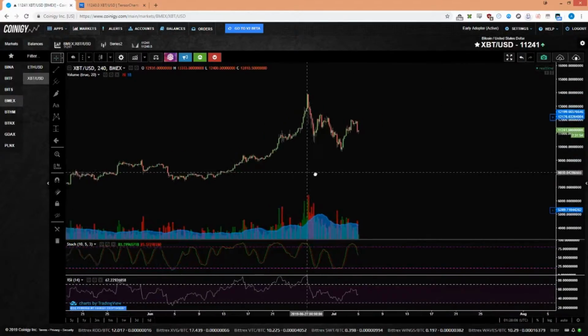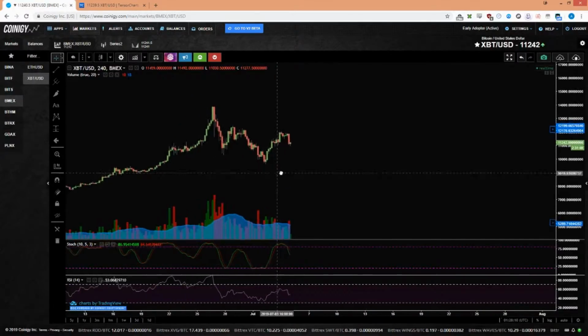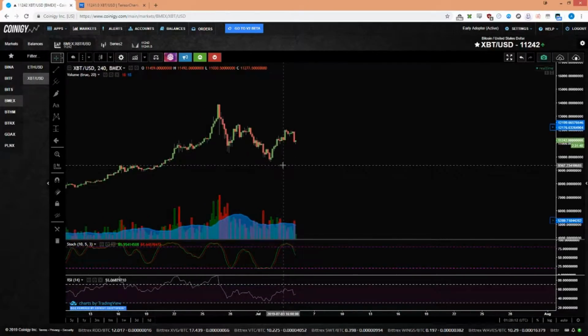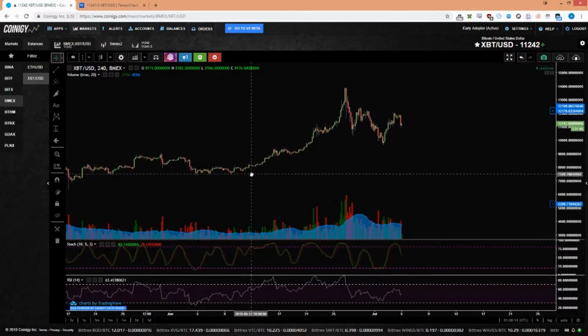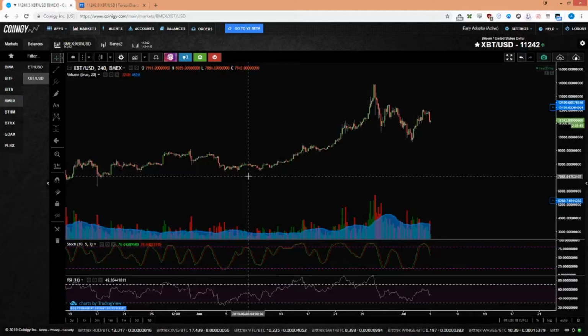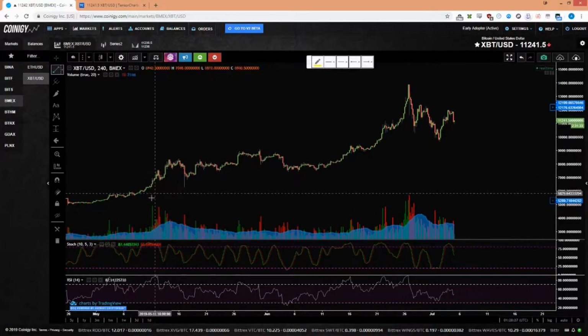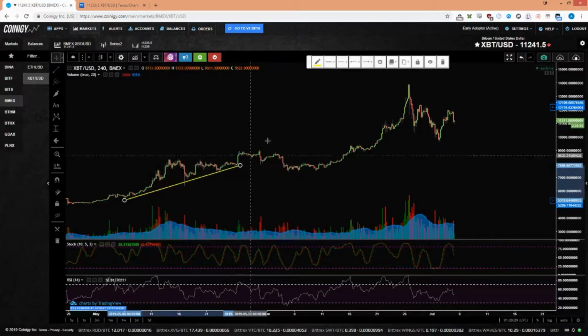Basically, your most important levels are going to be your horizontal levels, and usually it's based on where the volume is and where the breakouts happened previously. So you draw some lines on your chart,